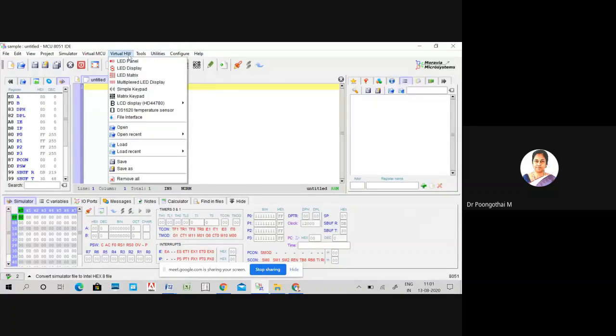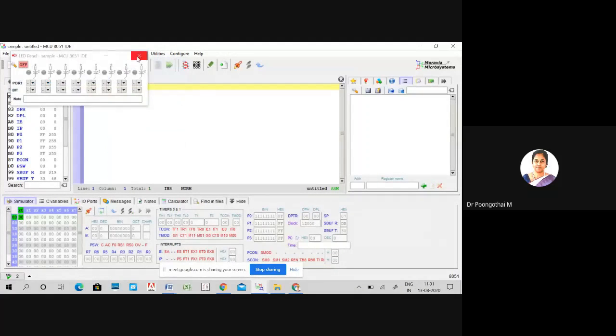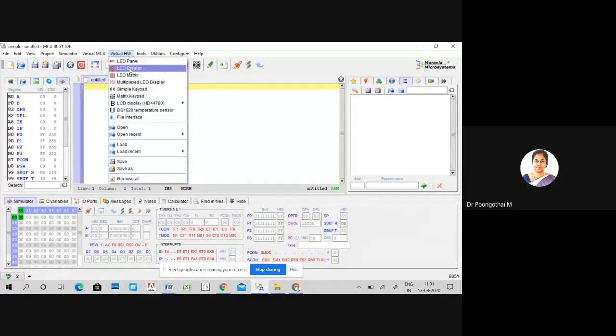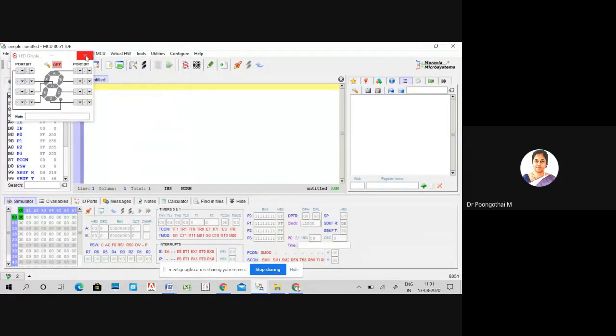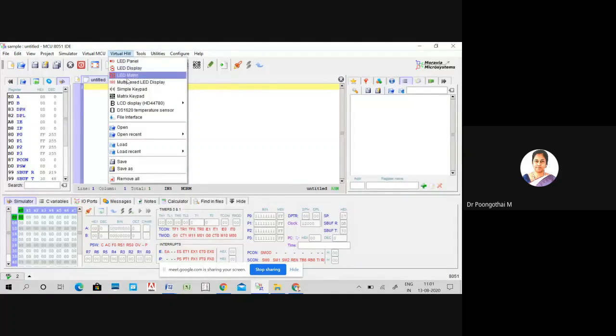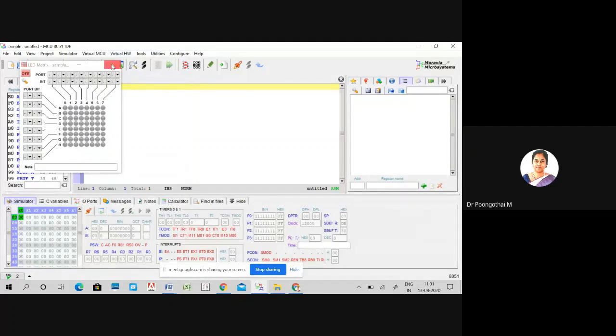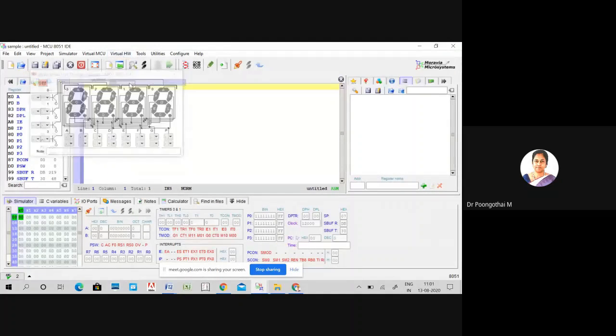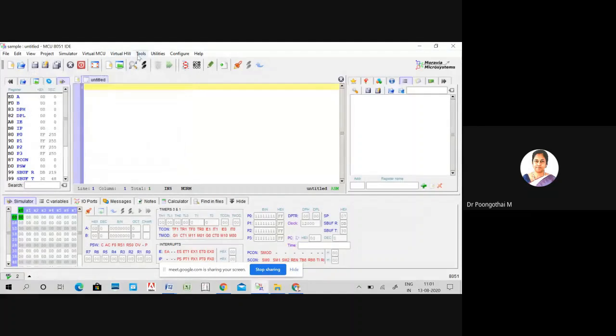And virtual hardware, we have many options. We have the LED panel, LED display, LED matrix, multiplexed LED display, and simple keypad.